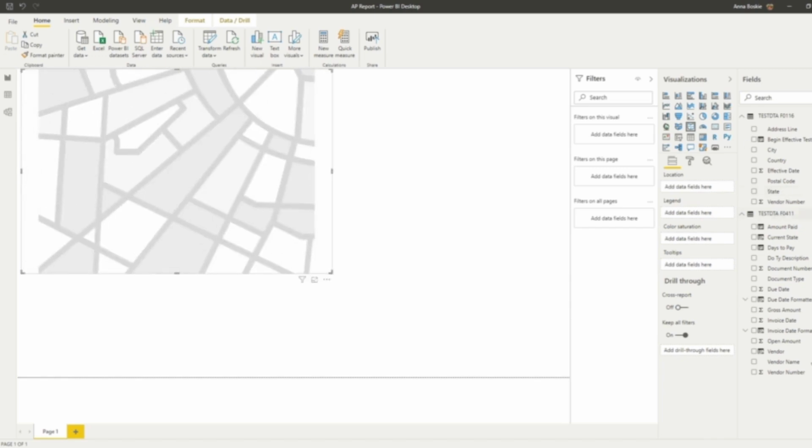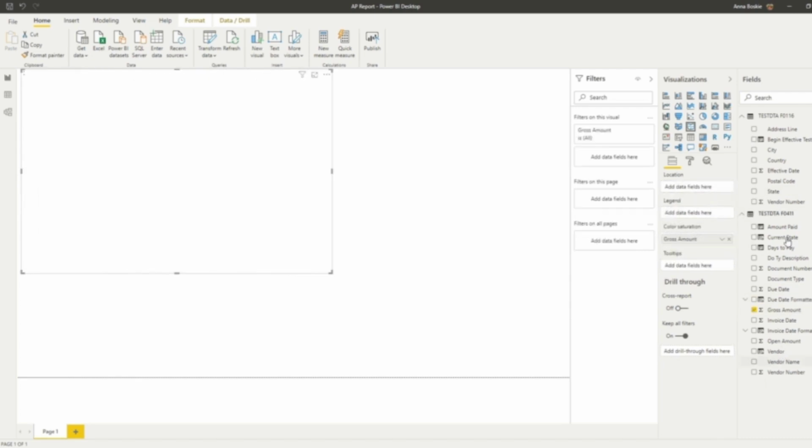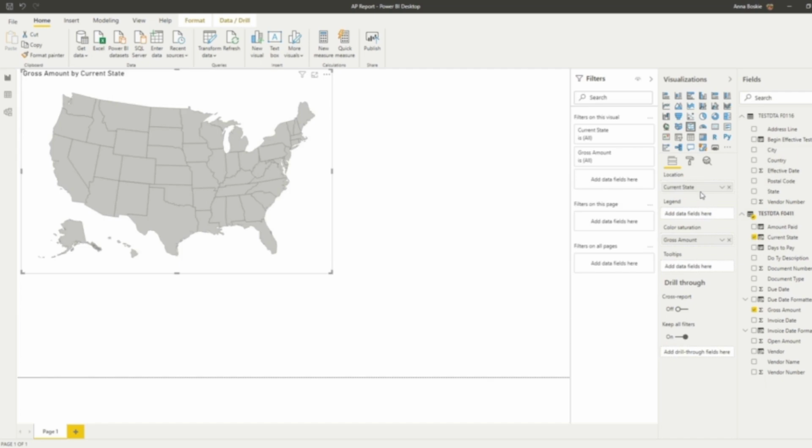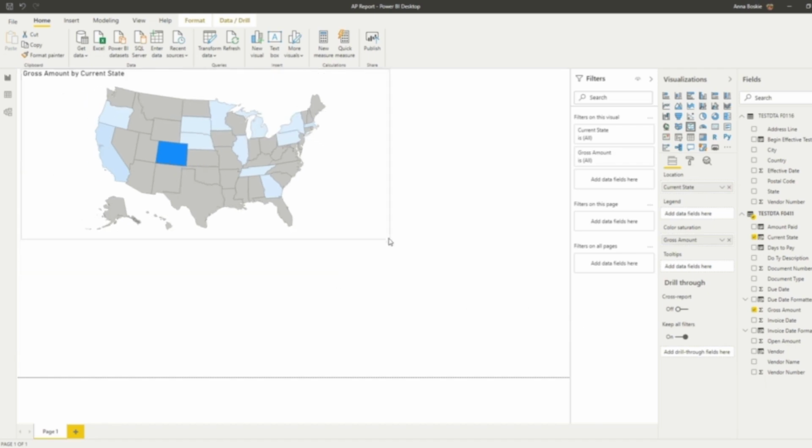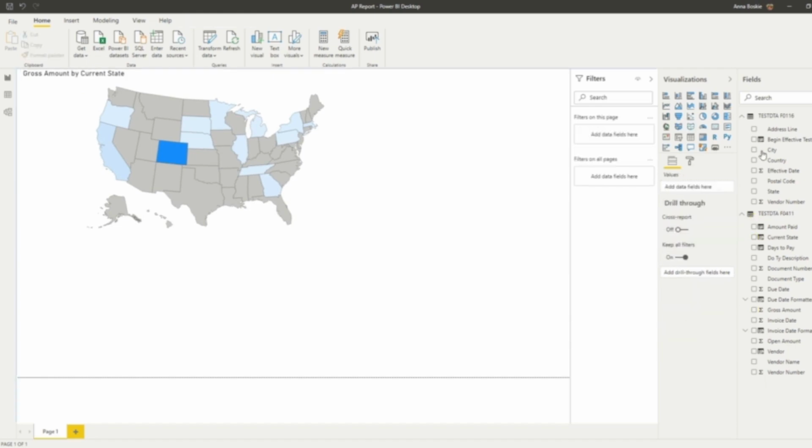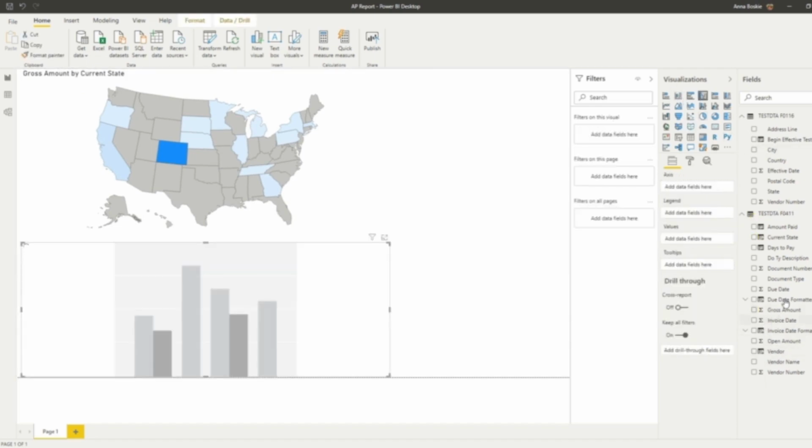In this case, it's going to be a similar process. So I'll pull in my gross amount as my color saturation, and I will pull in my current state, if I can find it, as my location. So I can see those states fill, and again, I'll have the tooltip showing the total gross amount by each of the states. The next visual that I created was a bar chart. So I'll go ahead and select the bar chart option. Again, I want to look at gross amount as my value,